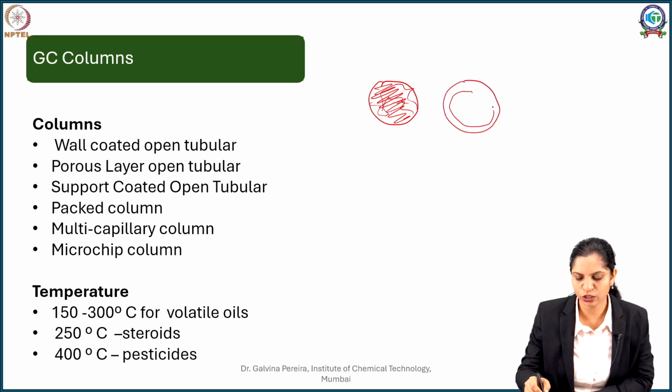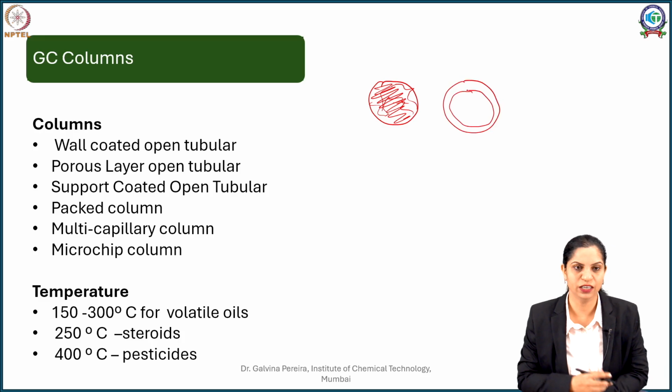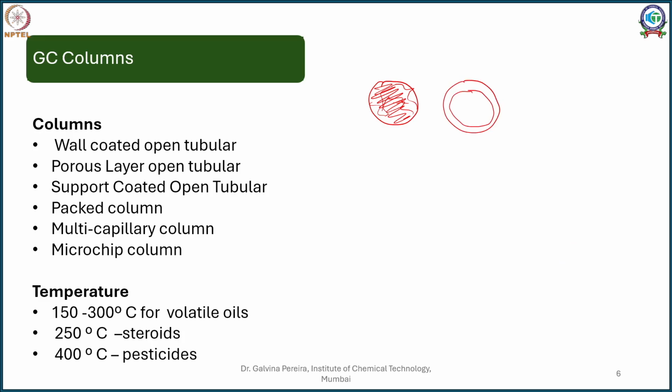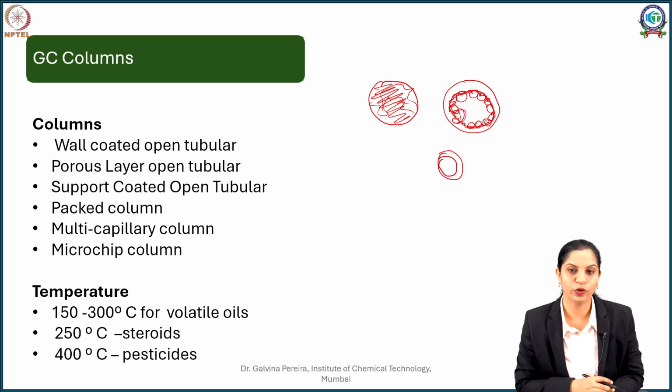So you have a tubular structure in there. In this tubular structure, certain times your stationary phase is coated on this. So this is called a wall coated column. In some cases you might have certain support like a porous silica. This is called support, and this support can be coated with your analyte. So imagine these support beads. Now they are coated with one more layer of your stationary phase. This is called support coated.